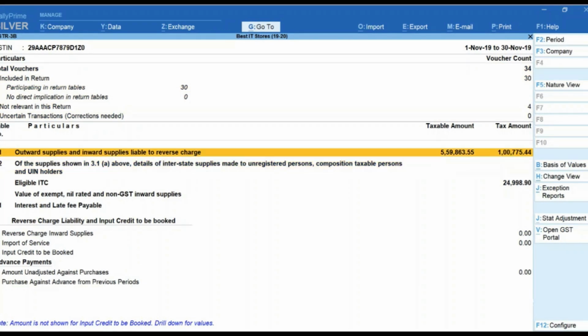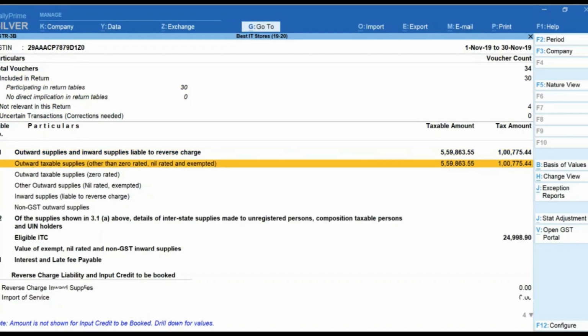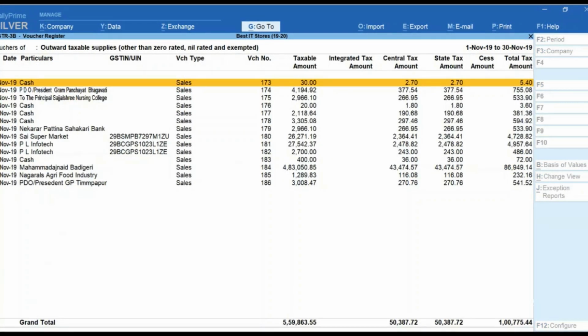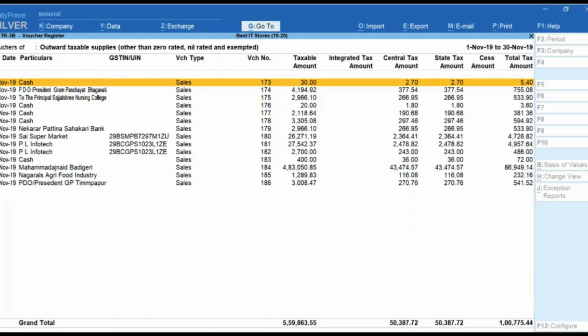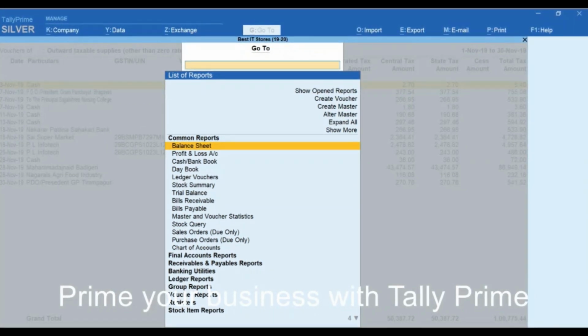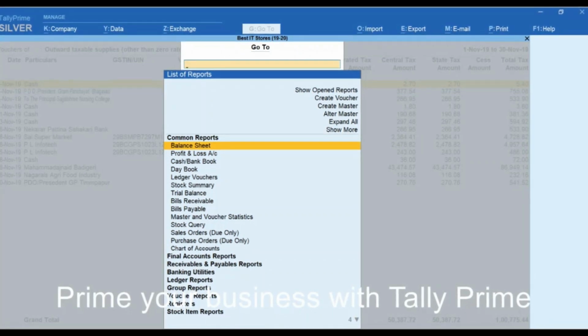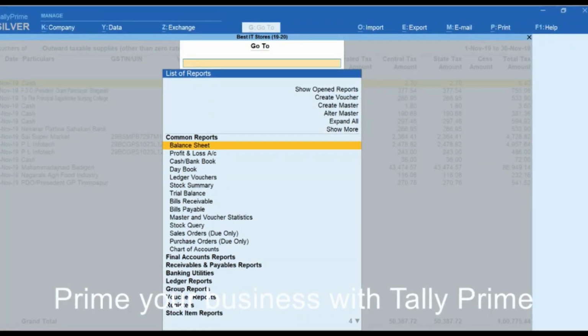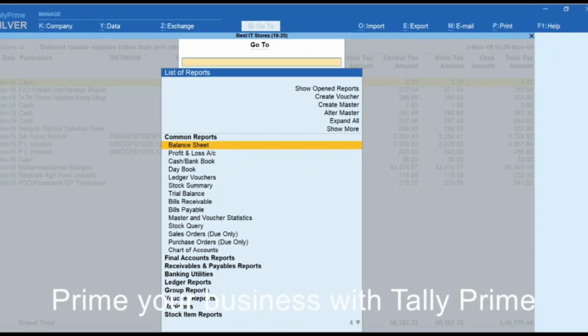I can check the details of my tax liability transaction-wise and validate that all my transactions are accurately captured and my tax liability is accurately estimated. A user can discover any report like this through the option of GoTo. Isn't it easy? There are almost 400 plus reports available in Tally, which can be seamlessly navigated through GoTo.